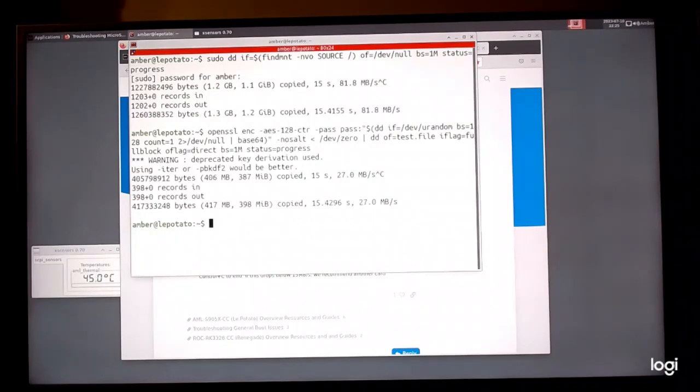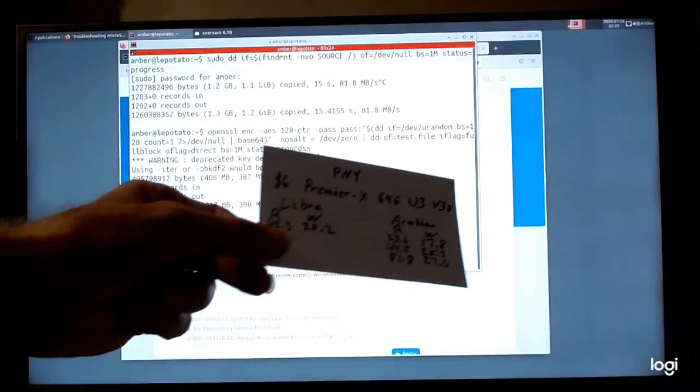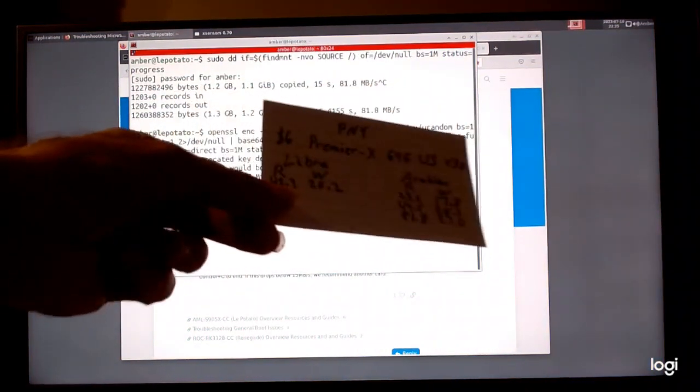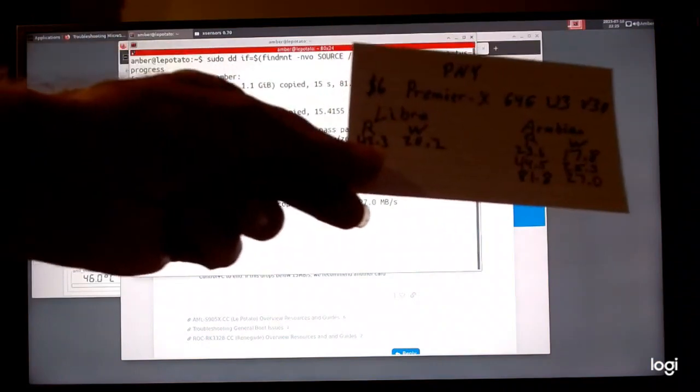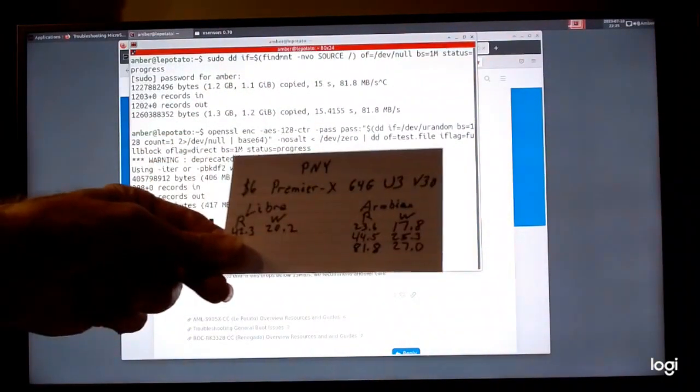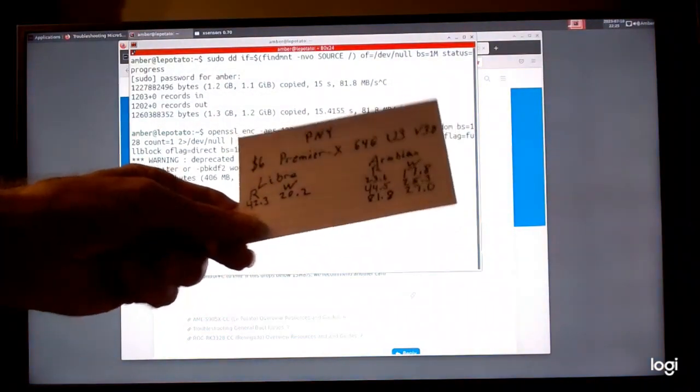All right, let me show you. Now, this is what I'm talking about right here. Same card, everything's the same, except the only thing I did was change that device tree. Let's see, is that better? Yeah, that's a little bit better. See the original